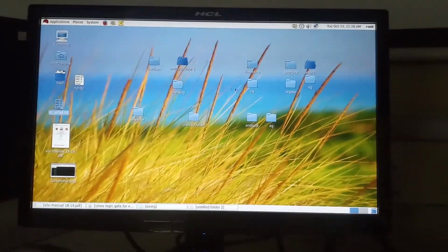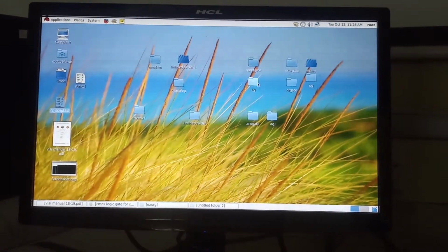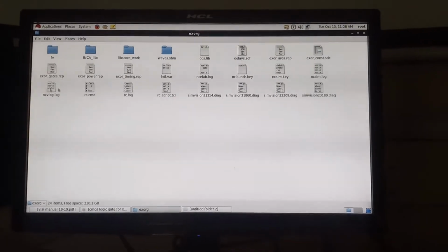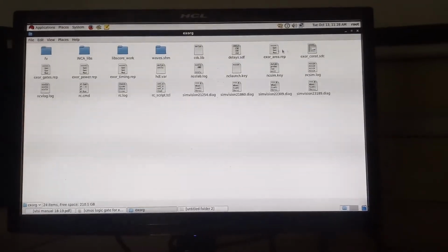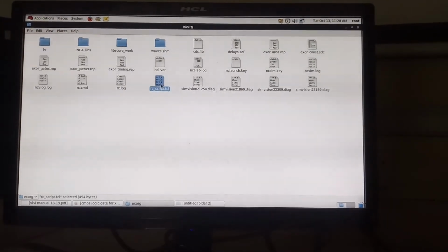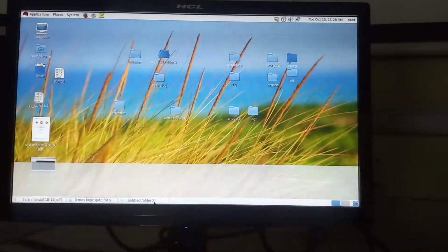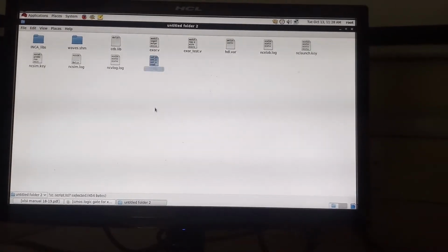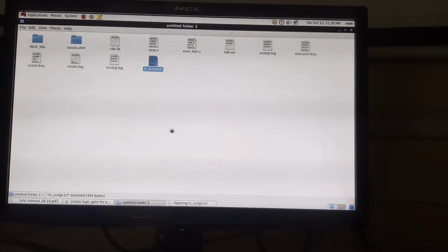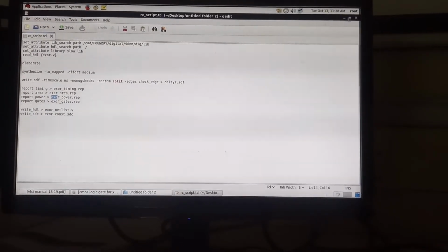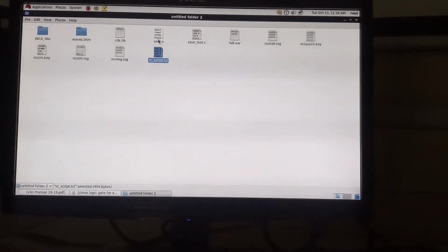Copy that RC script file, paste it here, and there we have to change the name according to our file name. We have changed the name to XOR gate according to our file name.